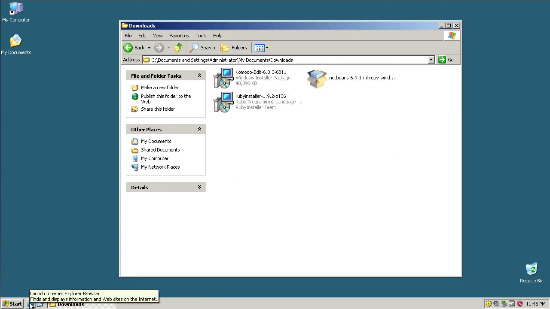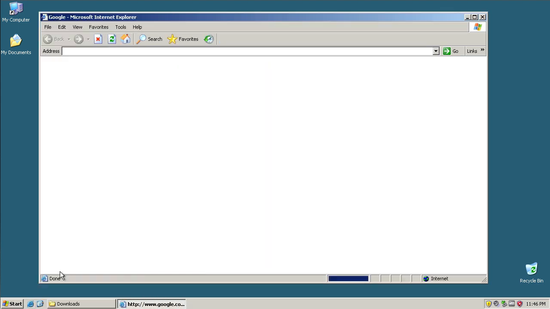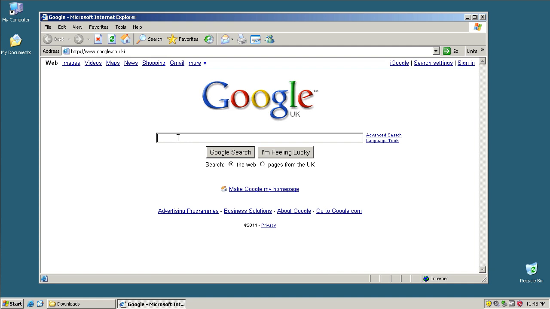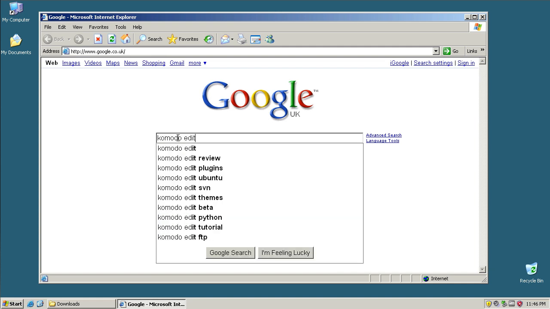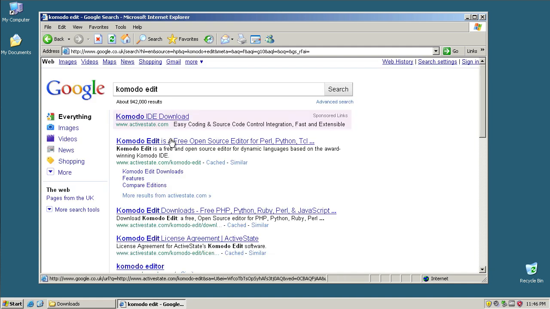Now the next thing you want is an IDE or a text editor of some sort, and I'm going to be showing Komodo Edit just because it's cross-platform, so I can mention it to different people in different places, and it's also a reasonably good free editor. If you search on Google for Komodo Edit, it's the first result. If you click through to this,